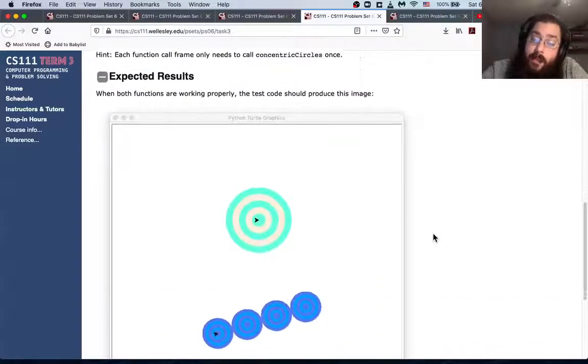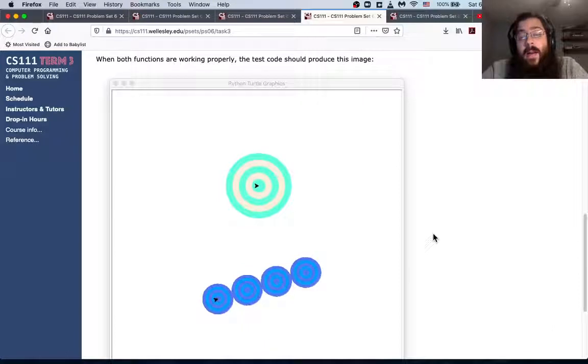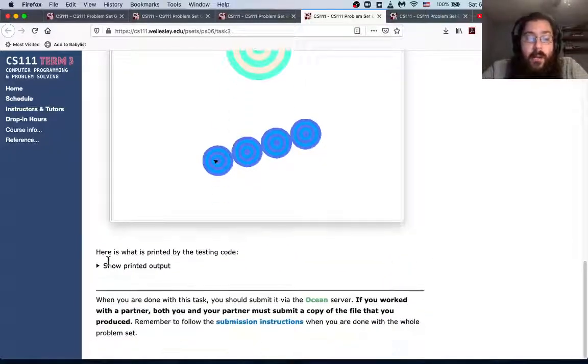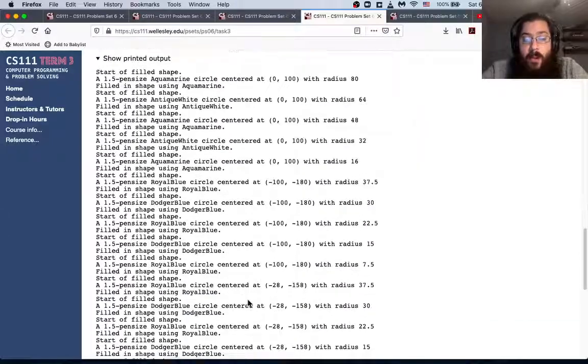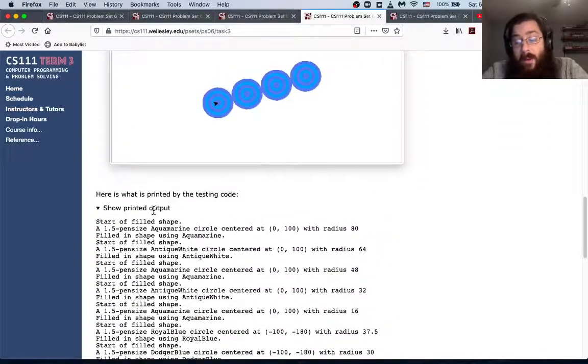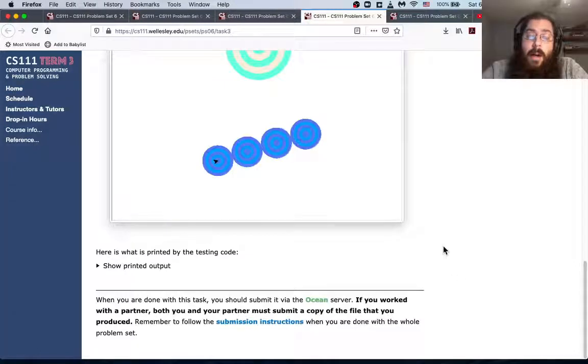We have supplied some slightly different testing code that tests both functions at once, and this is the image shown on the website. You can look at it there as well, of what should be produced. We've also given the printed output, so what should be printed, and you can use that diff checker website that we have linked in several of the previous problem sets. At least it's linked in problem set 1